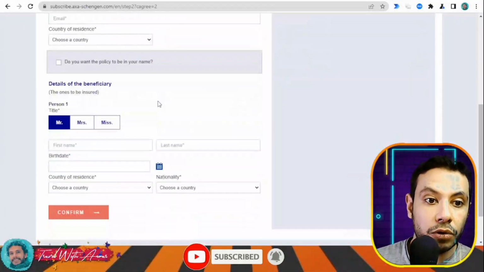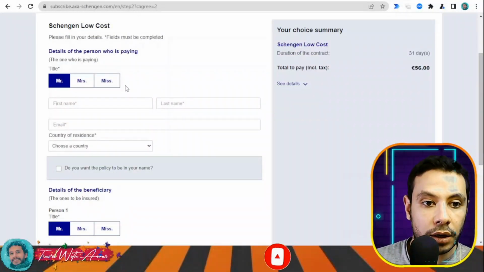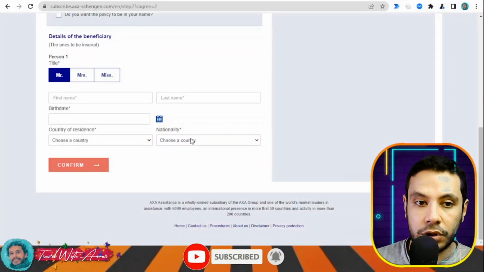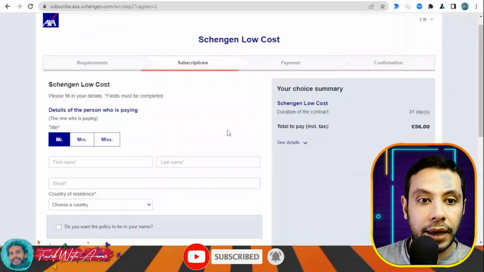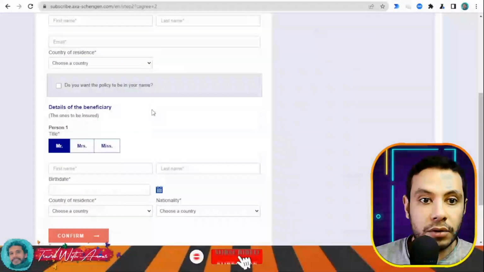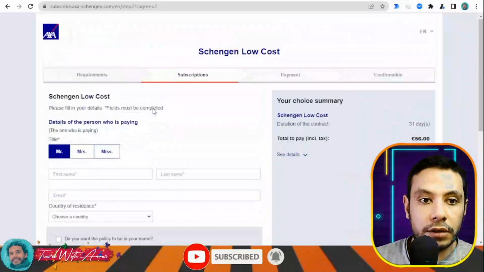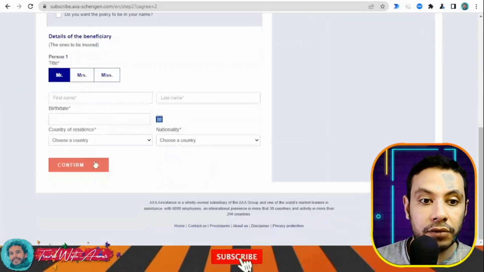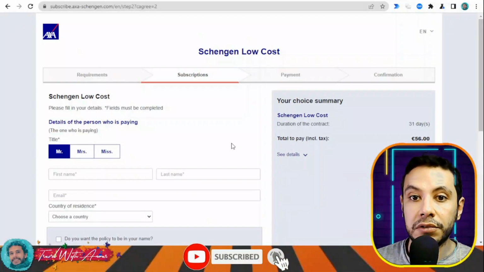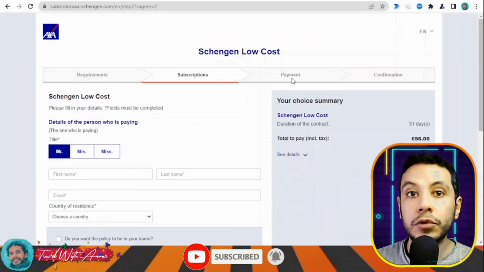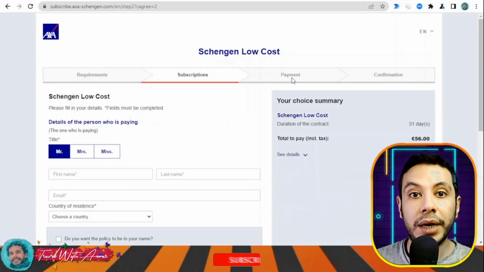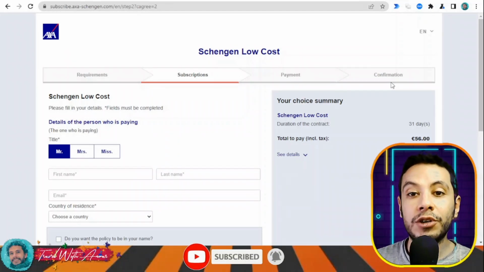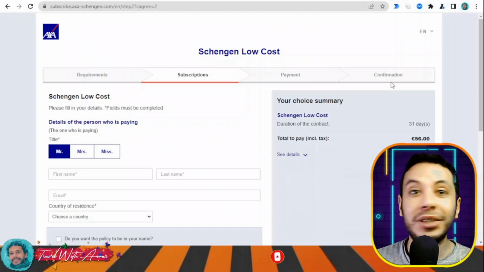Here you fill in all your details, your name, and the details of the beneficiary, which is you also, and who is paying. If you're the same person, then you just write your name up here and down here, and after that click confirm. Once you click confirm, you move to the payment section where you make your payment, and after making your payment you get to the confirmation where you receive a PDF copy